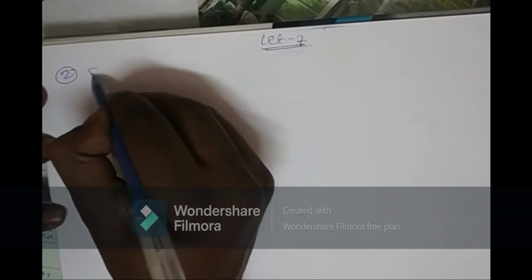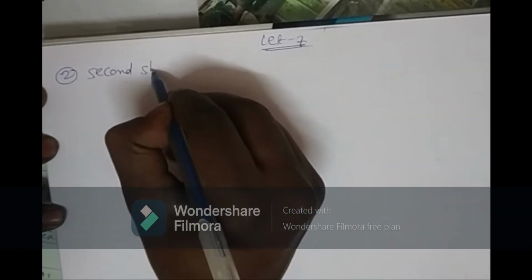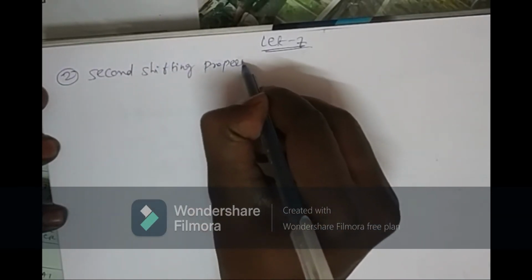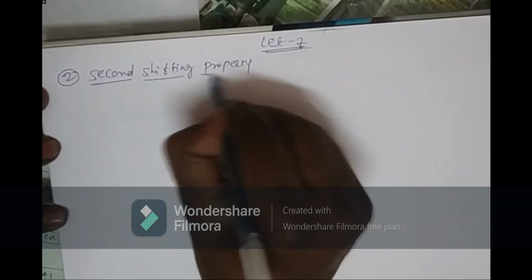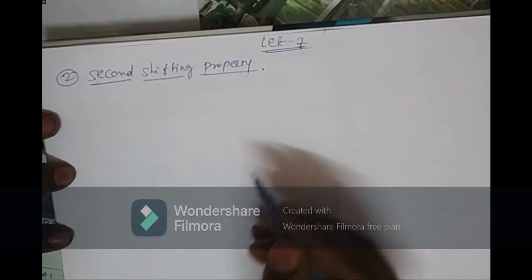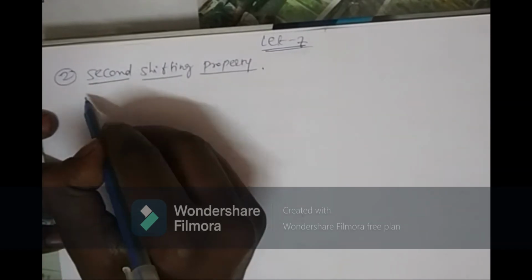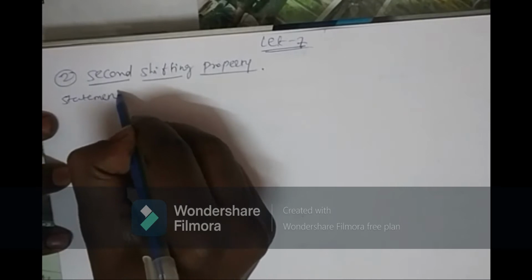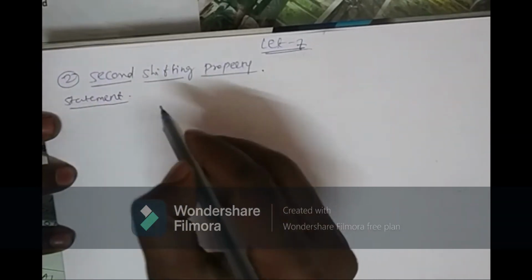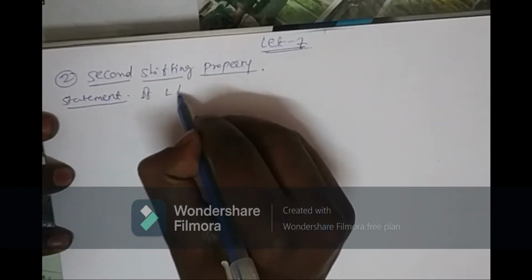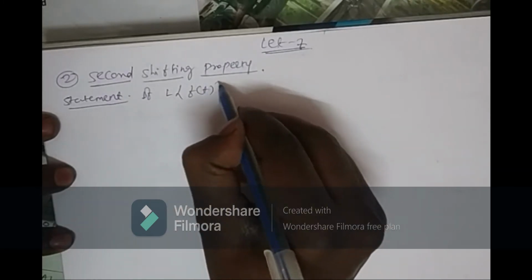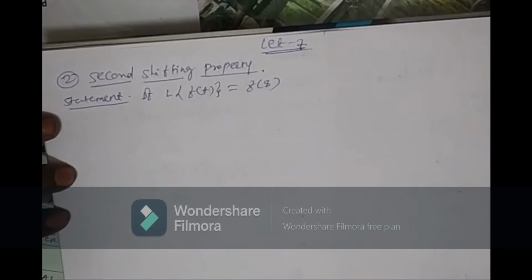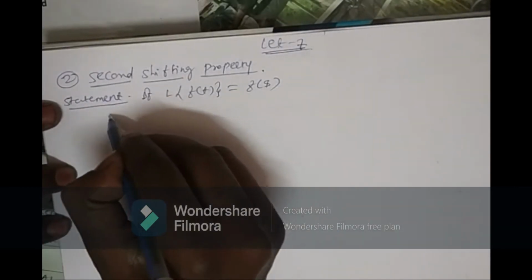Okay, so second shifting property. Now, what is this? First let us see the statement. If Laplace transform of f of t is equal to F of s, and